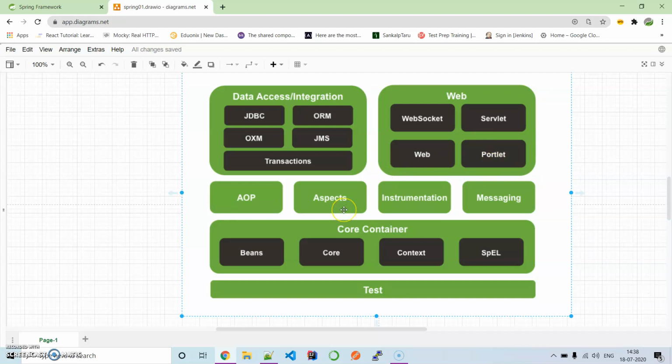And here you will find AOP, another concept which I will be discussing in other tutorials: aspects, instrumentation, messaging, and the test module.